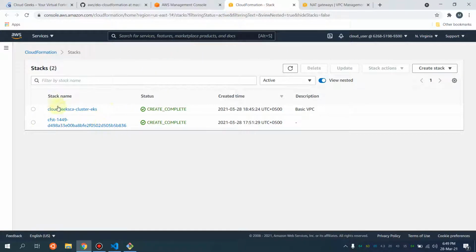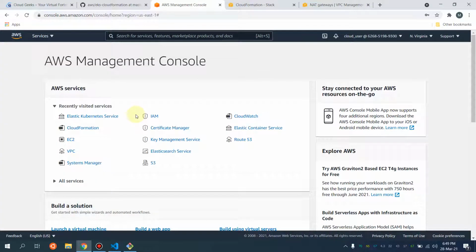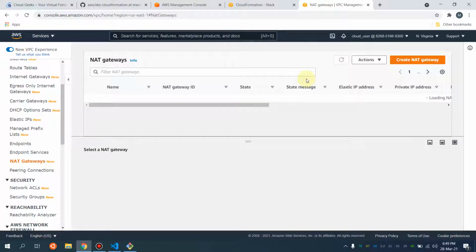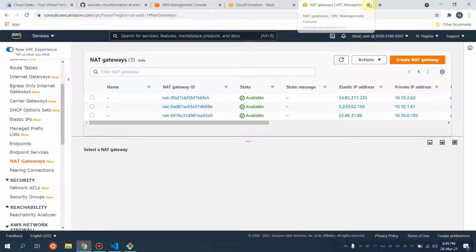So guys, our VPC stack is ready, which means that our VPC is available. So we are going to deploy our EKS, Elastic Kubernetes cluster, in this particular VPC.